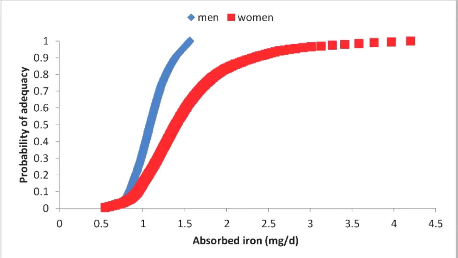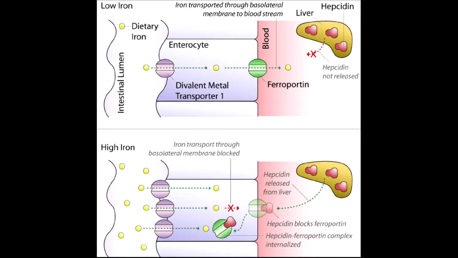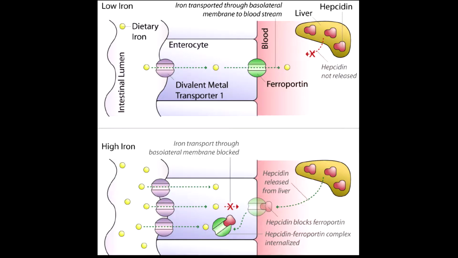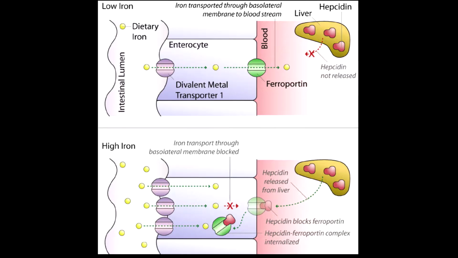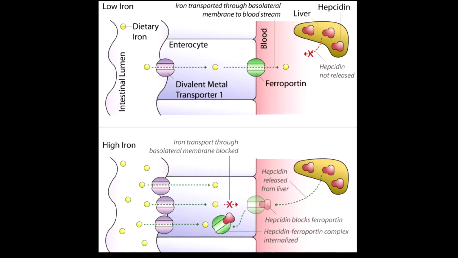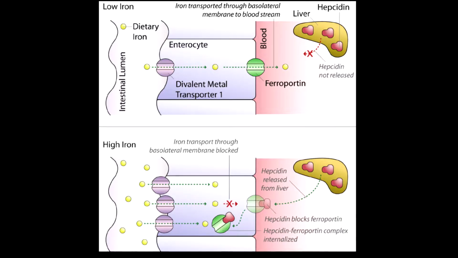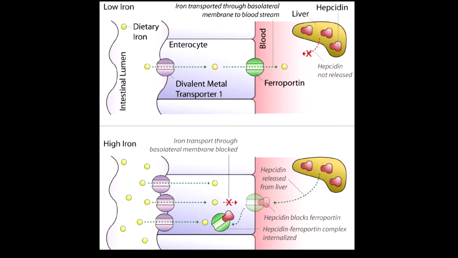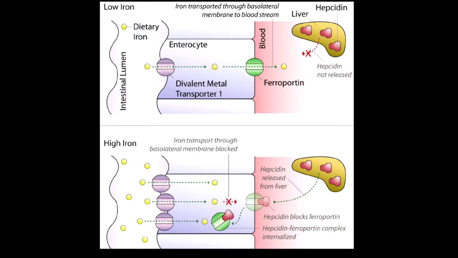Here's a graph demonstrating the absorbed iron and the adequacy of absorption. Men and women differ, and females can absorb a larger range. Iron is transported through your stomach to the blood system via the basolateral membrane. When you have low iron in your body, the system looks something like the top chart. When you have high iron, in the bottom here we see your liver processes and releases signaling molecules to inhibit iron transport. We have to make sure how much iron is needed for our bodies, not too little and not